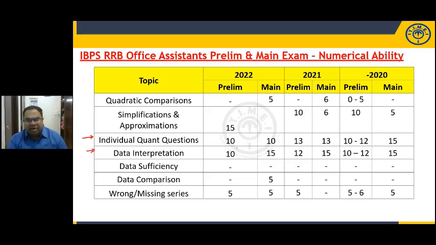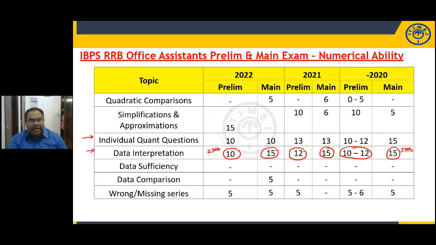But if you look at your prelim exam here, data interpretation has 10 to 12 questions. So maximum you are getting 2 sets in prelim, maybe 5 or 6 questions. In the main exam, you have only 15 questions, which means you are getting 3 sets in the main exam. 2 sets in prelim and 3 sets in main. So almost 10 by 40, 25 to 35% of the weightage is for your data